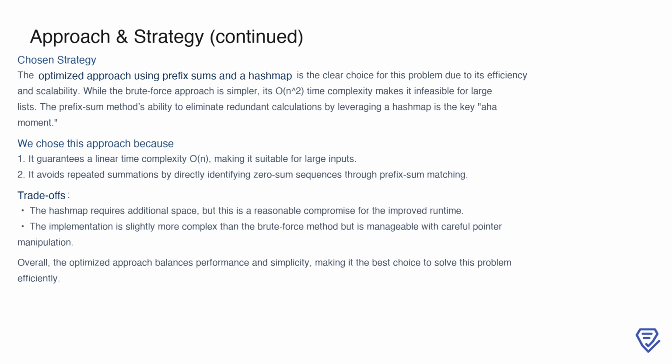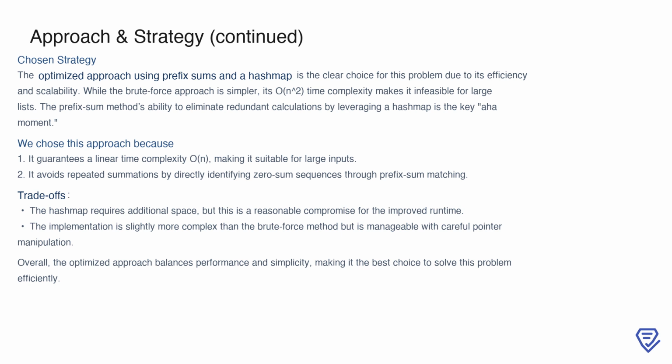Unlike the brute force method, which suffers from redundant calculations and quadratic time complexity, the prefix sum approach operates in linear time, O(n), by directly identifying zero-sum sequences through prefix sum matching. This clever use of a hash map allows us to avoid repeated summations and ensures that the algorithm handles even large inputs efficiently. While the hash map does introduce additional space complexity, this is a reasonable trade-off for the significant